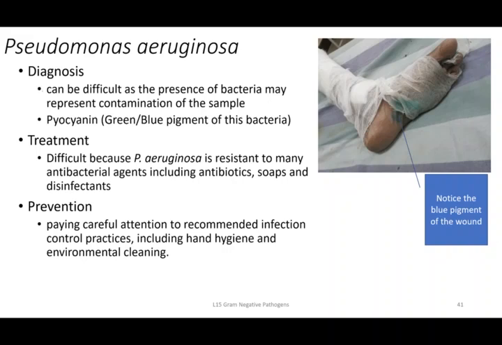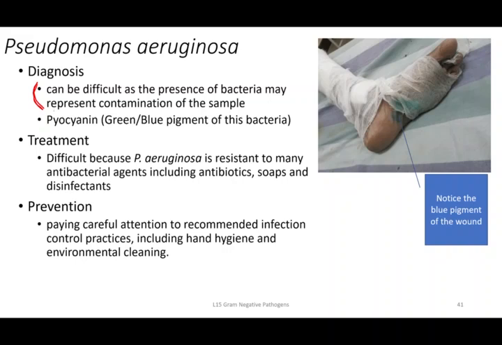But there's several issues with this. So the good news is most healthy people aren't going to get Pseudomonas infections. But the problem is we have a growing population of people that aren't healthy and are immunocompromised in different ways. And so we're starting to see these infections increase. Being able to diagnose this can be problematic because of the potential for contamination. Because the bacteria are everywhere, you're not sure if you're getting it from a patient sample or you're getting contamination